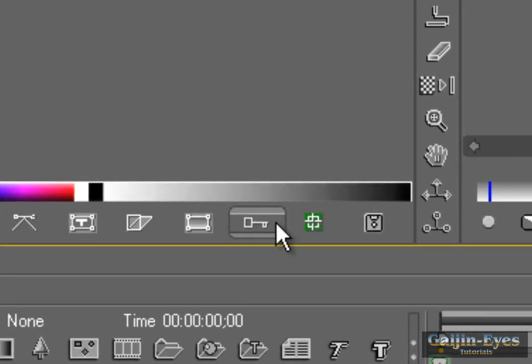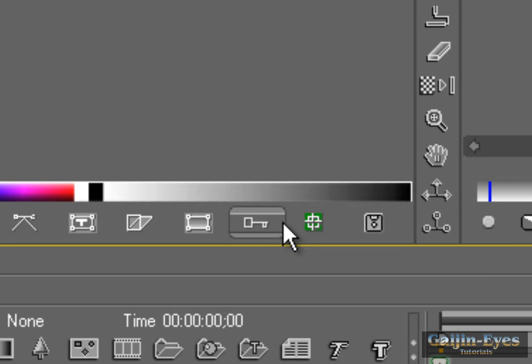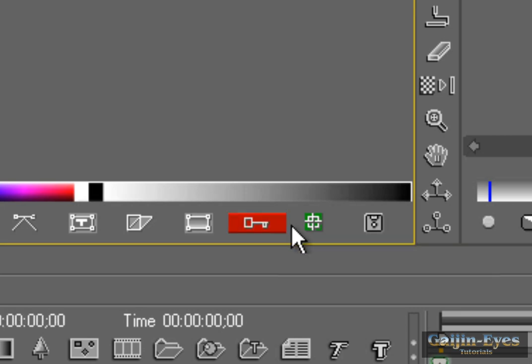The first one is this key here. It's called the toggle animate static mode, but nowadays more and more people refer to it as the record mode. If the key has a grey background like it has now, it's in the static mode. If I click on it, you'll see that the background changes to red, and this is known as either animate or record mode. When you're in the record mode, any changes to your composition will result in the automatic creation